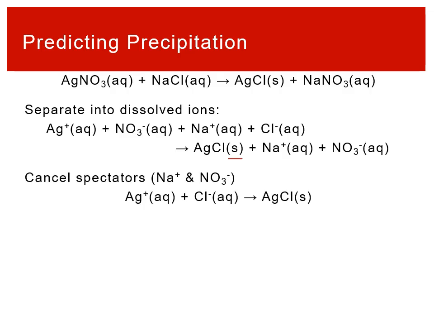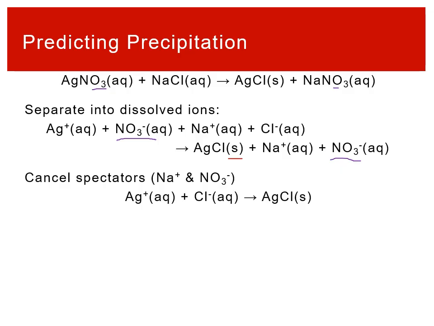We then cancel out our spectators, the sodium and the nitrate, which do not change, right? The idea being that they're just kind of watching the precipitation. You started with a nitrate ion, and you ended with nitrate ions that were isolated. Yes, it is changing which compound it's in, but the local environment of the nitrate ion hasn't changed. So we end up with our net ionic equation of the Ag+ and the chloride